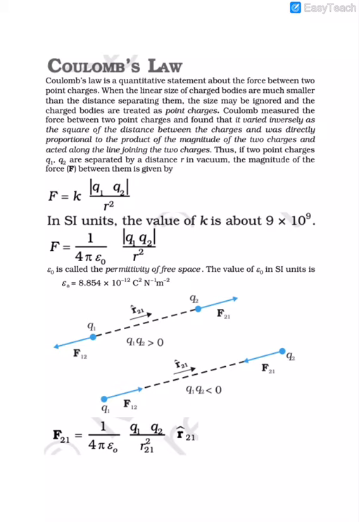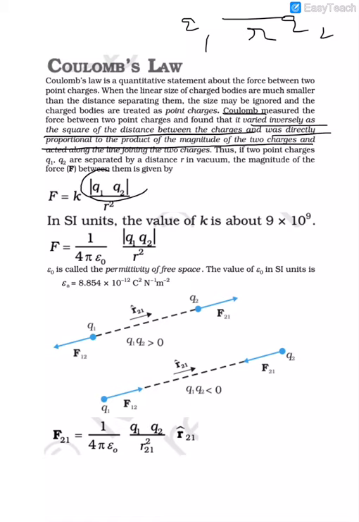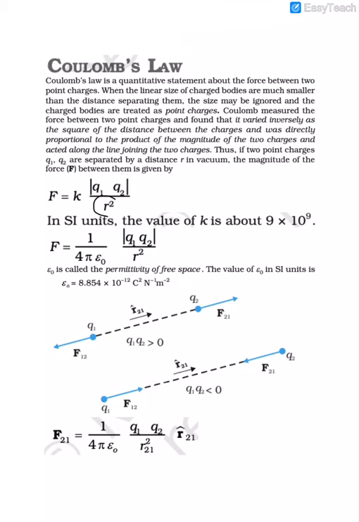So, if you have two charged bodies having charges q1 and q2 separated by a distance r, then there was a scientist called Coulomb who investigated that the force between these two charges is directly proportional to the product of the magnitude of the charges. Secondly, he found that the force was inversely proportional to the square of the distance between the charges. So, the direct proportionality is with the magnitude of the product of the two charges, and the inverse proportionality is with the square of the distance between the two charges.